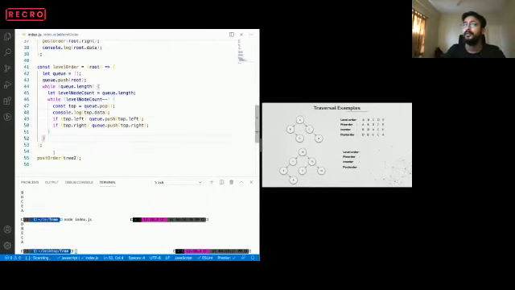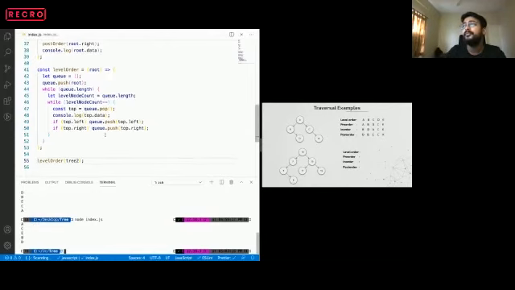Okay. Now let's try to run it. So we got A, then, okay, I'm passing the tree A, B, C, D, E. Now we are getting A, C, E, B, D. So let's find out the problem. Can anyone tell what is the problem over here?